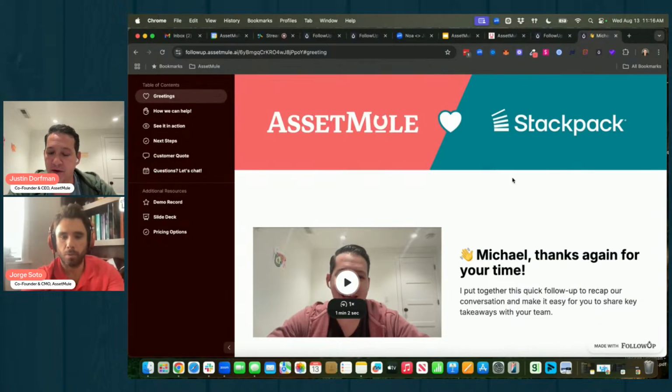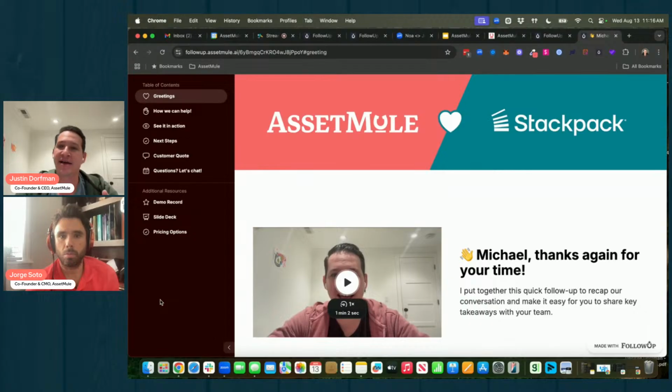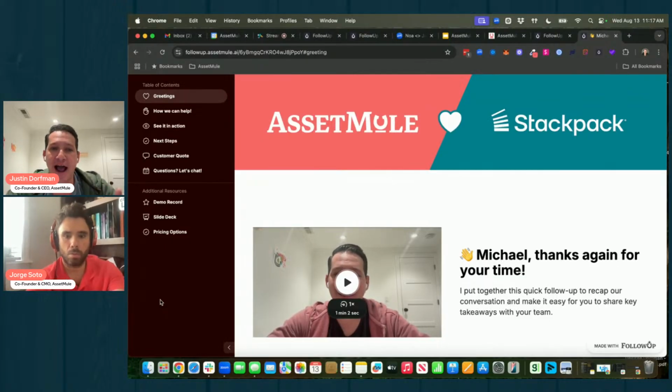So what we'll also be doing is adding easy ways for your prospects to share this with their team, right? The ability to, straight from this page, add the email addresses of their boss and the CFO and whoever else is involved in that purchasing decision, so that they can send them this page really quickly and easily. And the final thing that we'll be able to do is, as the various members of the buying committee view the page and interact with the page, we'll be able to identify who's involved